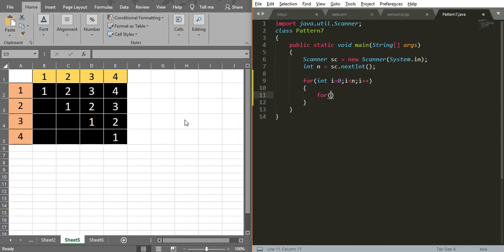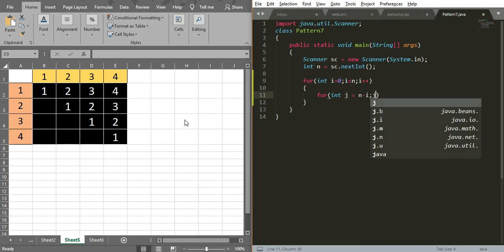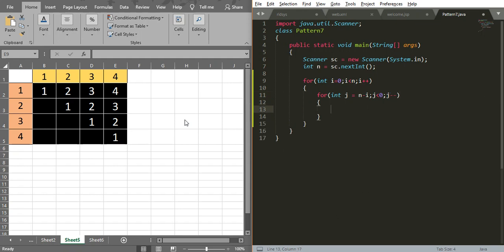So for int j equal to n minus i, j less than 0, j minus minus, System.out.print spaces.